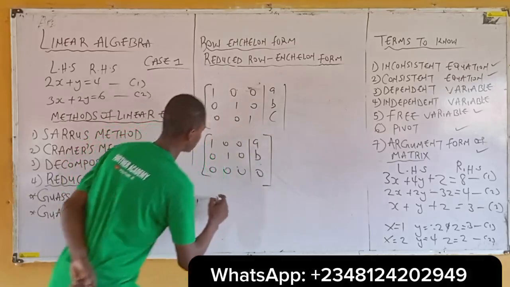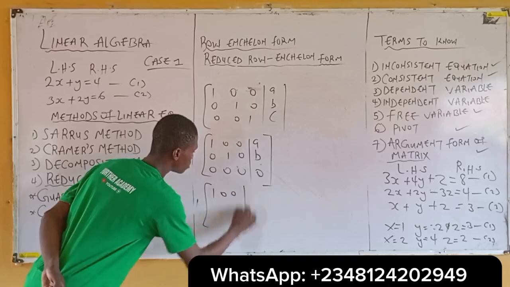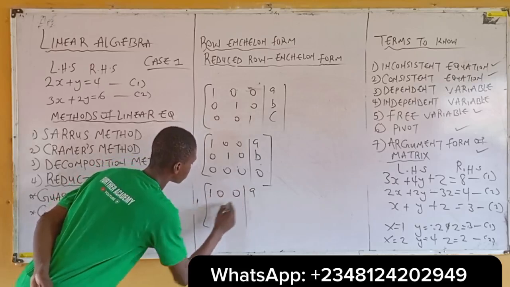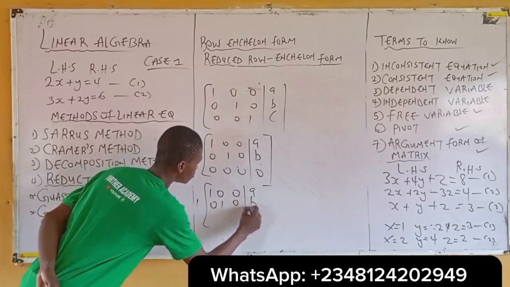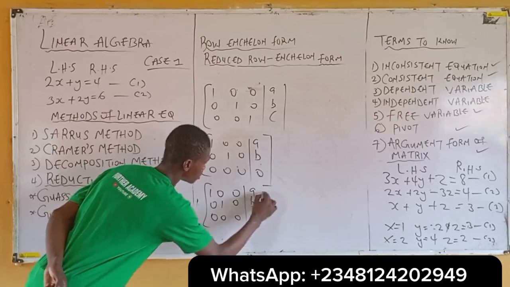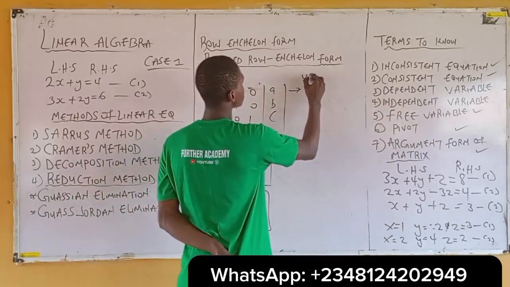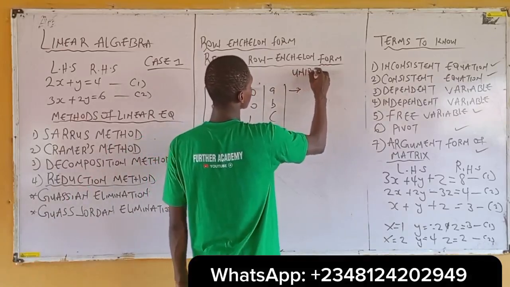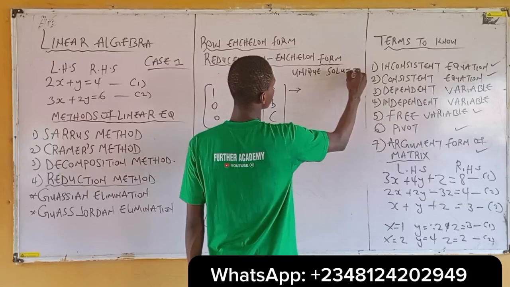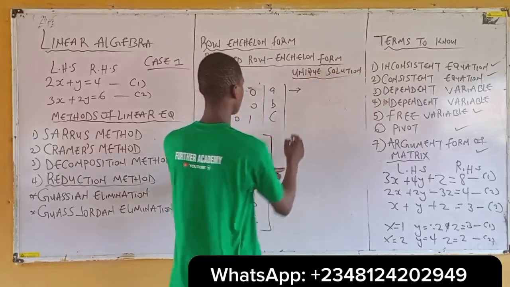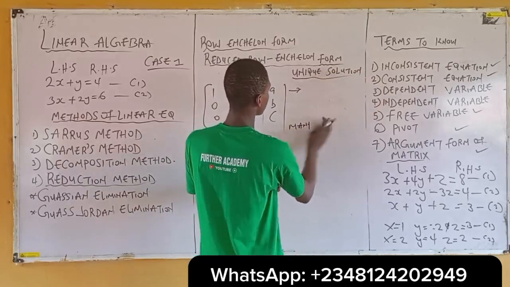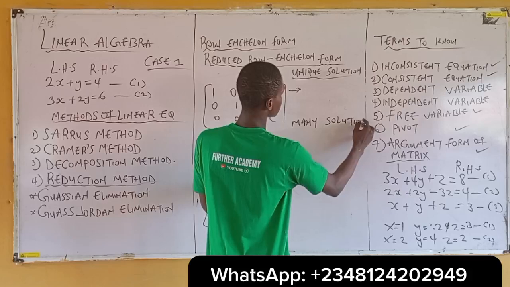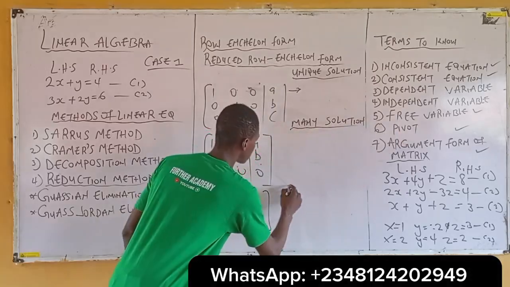Then the next one becomes 1, 0, 0, A, 0, 0, 1, 0, B, 0, 0, 0, C. This is for unique solution. This is for many solutions. And this is for